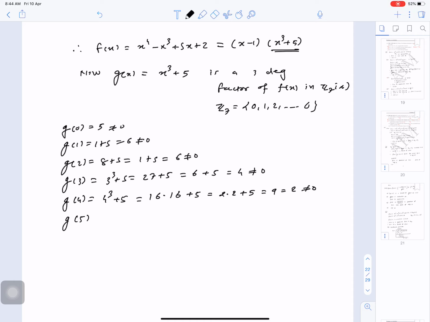G of 5 will be 5 cube plus 5, and 5 cube is 5 square into 5 plus 5, and ultimately it will be, so we are working in